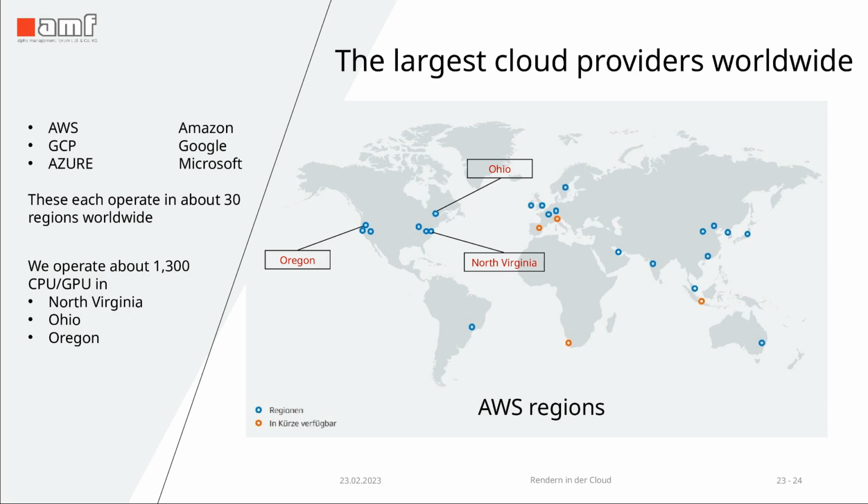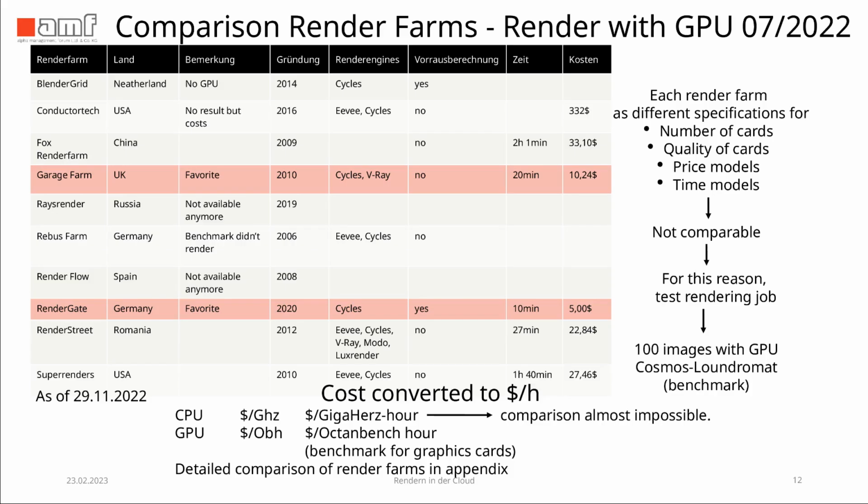Now, finally, a comparison to other render farms. This is mostly a comparison of GPU performance because CPU performance isn't really all that relevant. Most times you'll be using GPUs for their faster computation compared to their relatively lower price per render hour. So yeah, a few of these render farms